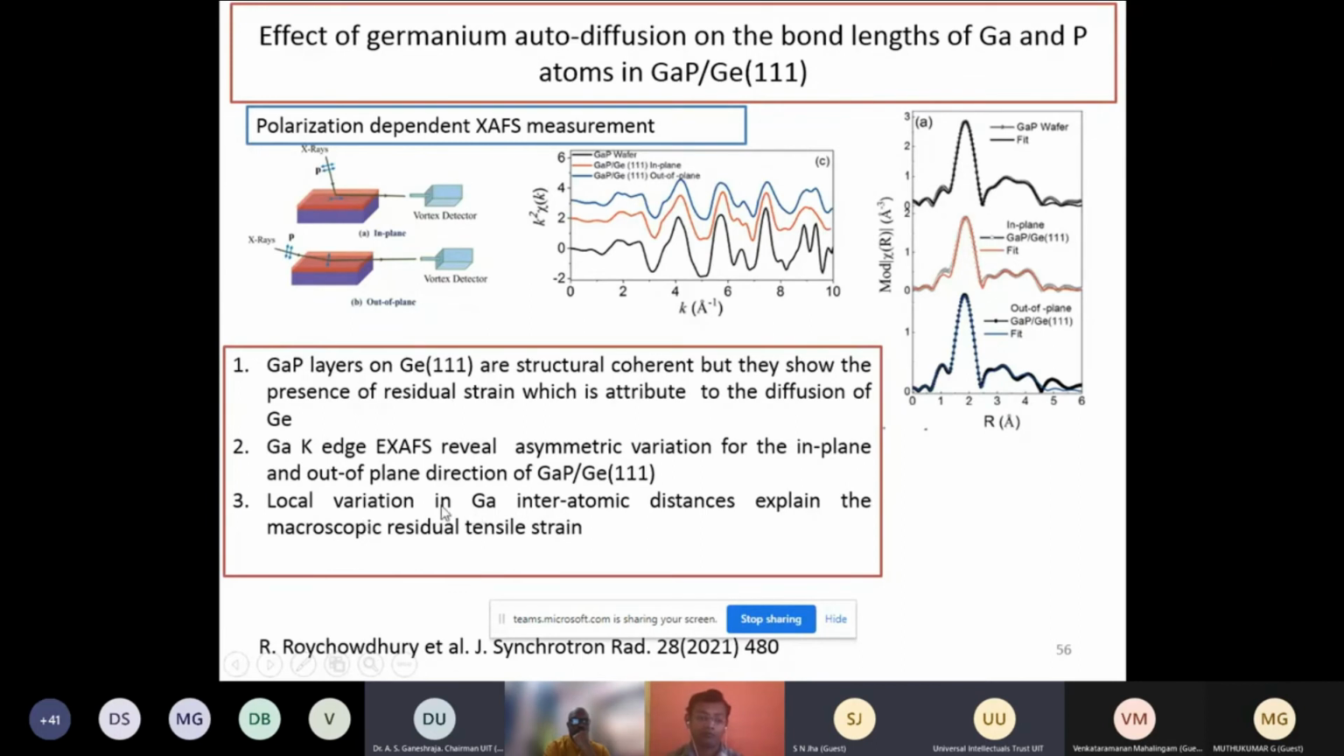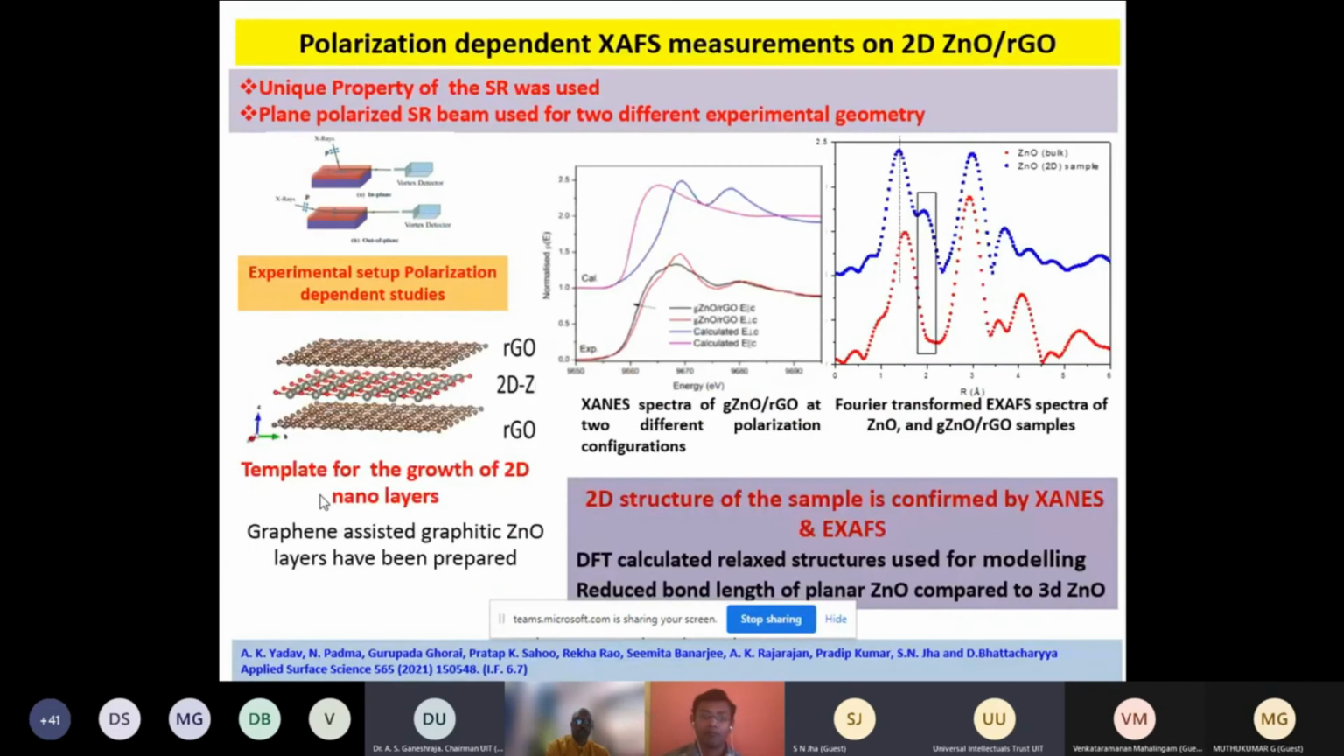Although XRD showed that there is a tensile strain, there is no clue for the structure. So EXAFS becomes helpful by locally probing around the germanium. So this is another example of a polarization-dependent study, and here the objective was to confirm whether the zinc oxide in this material,